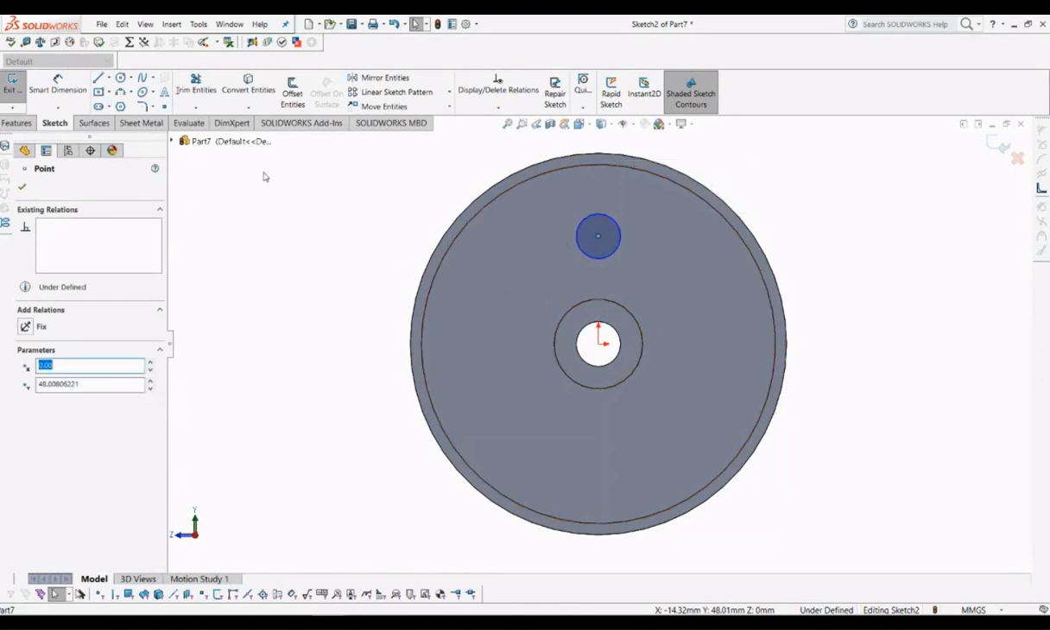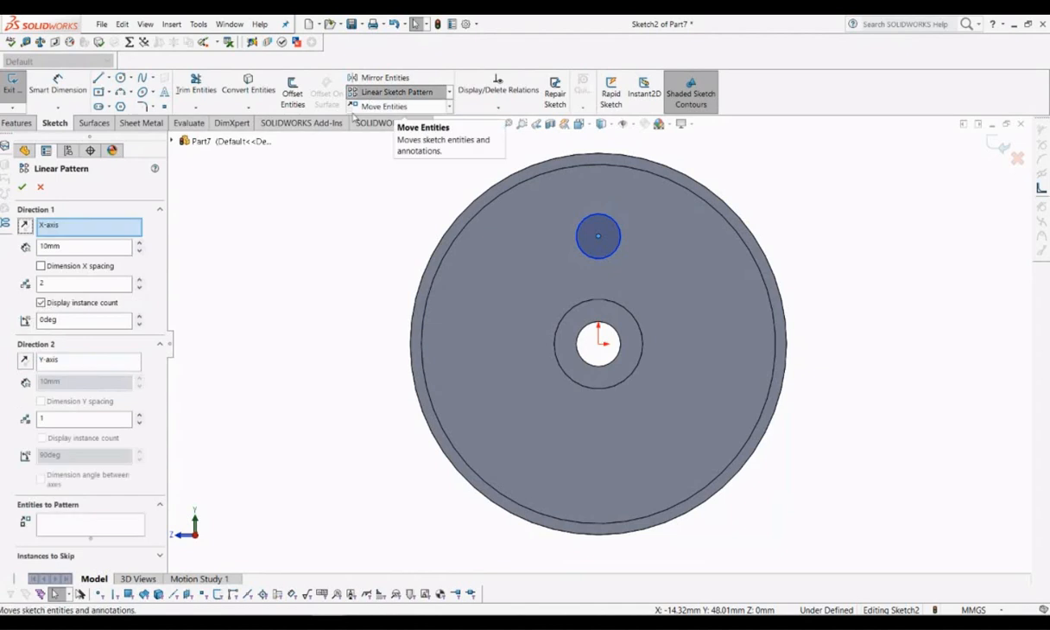Then we are going to use another feature. The feature is the linear sketch pattern. The linear sketch pattern is located, if we count from the sketch button, 1, 2, 3, 4, 5, 6, 7, and then 8. In option 3 here, we're going to select the linear sketch here. Okay. Now we are going to select